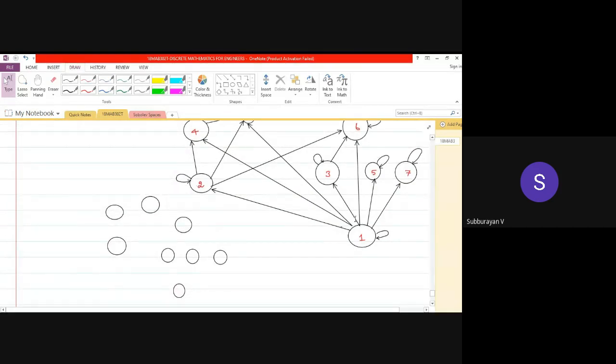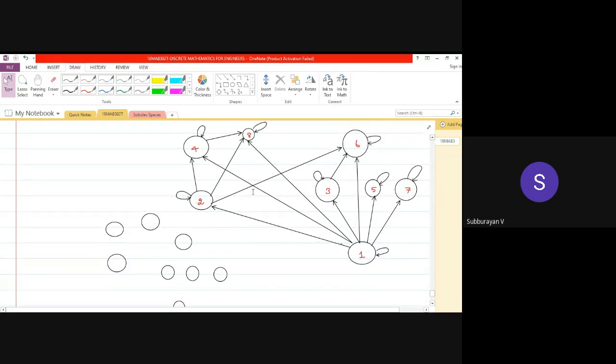the Hasse diagram. Look at this. I can travel from 1 to 4 in this way: 1 to 2 and 2 to 4. But there is a straight edge from 1 to 4, so we have to remove this edge. Similarly, I can travel from 2 to 8 in this way: 2 to 4, 4 to 8. But there is a straight edge from 2 to 8, so I can remove this edge.